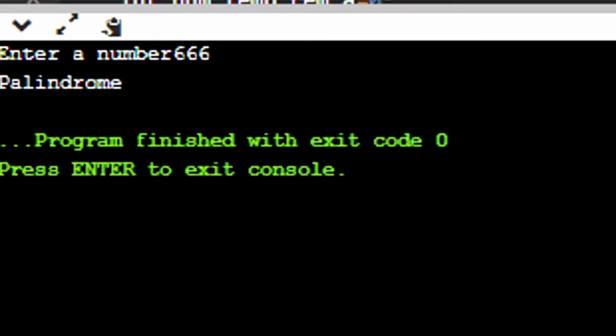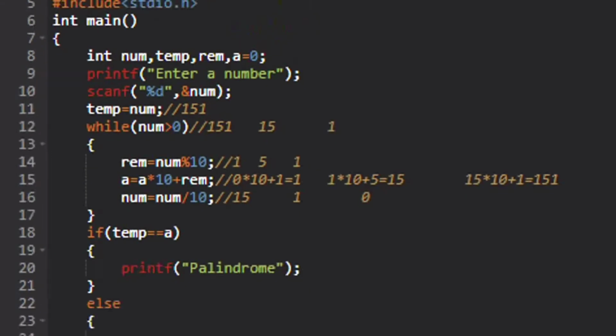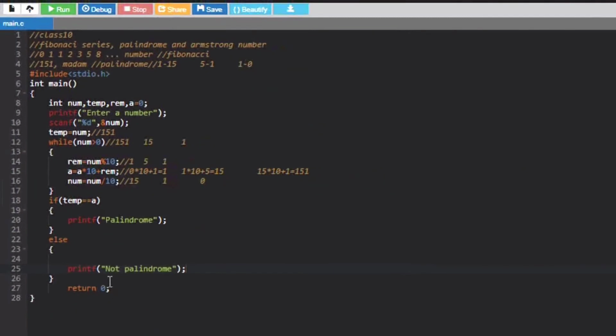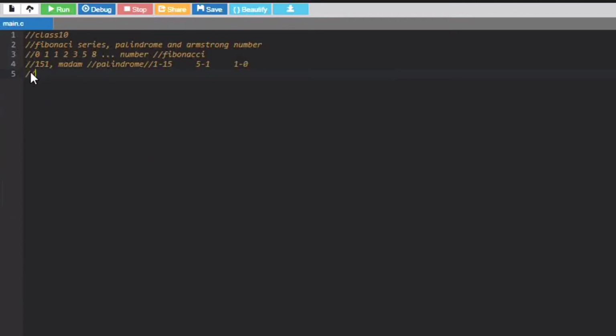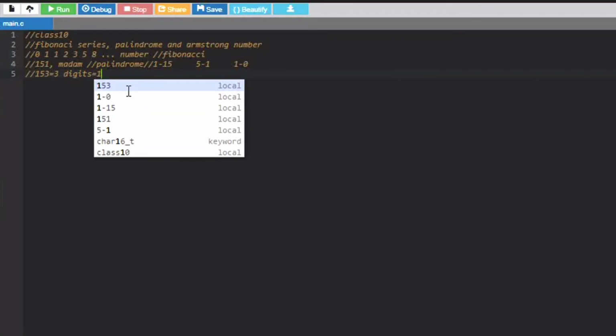Okay, so now moving on to our next program, finding whether a number is Armstrong or not. What basically an Armstrong number is: if you have a number, let's say 153, since you all know how to count digits, 1, 2 and 3, there are 3 digits here. And then we are going to break them, and here we are going to do one's cube.